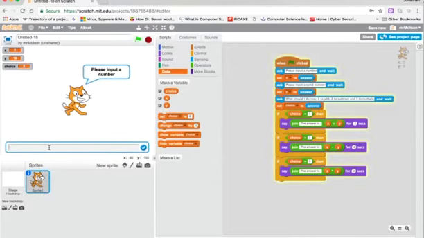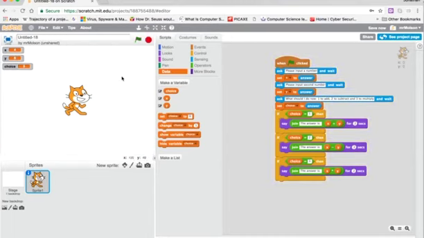Basically what I've said here is if the choice equals 1, so if they've inputted 1 and we've remembered that in choice, then this will happen. It will work out the answer by adding together x and y. If choice is not equal to 1, it won't do